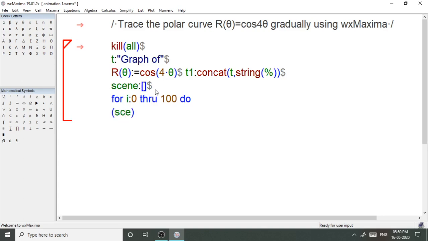We write scene colon append. Append is a command used inside a for loop. So append, within parenthesis again write scene,